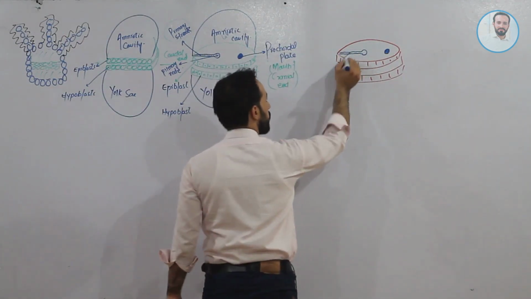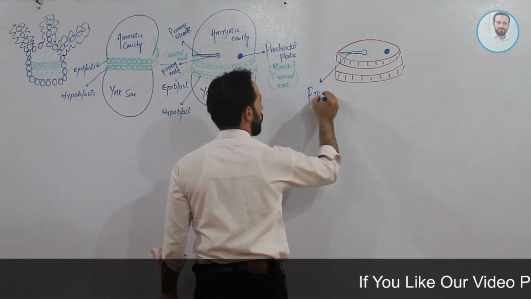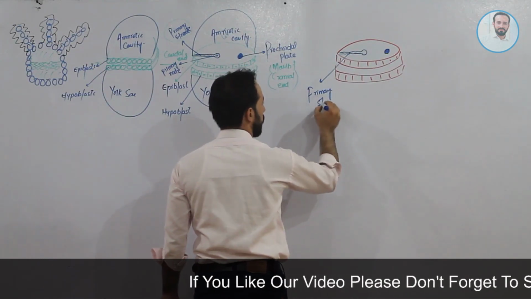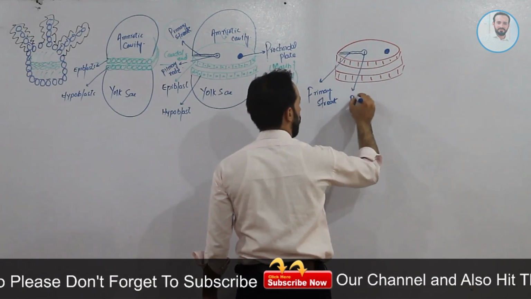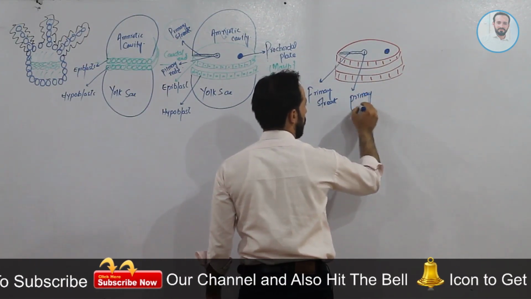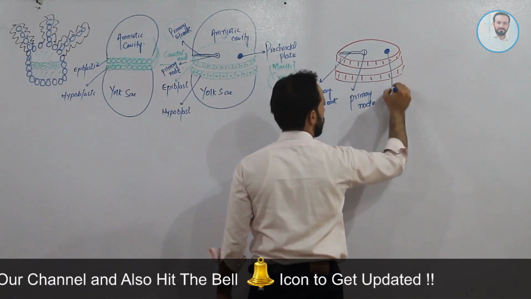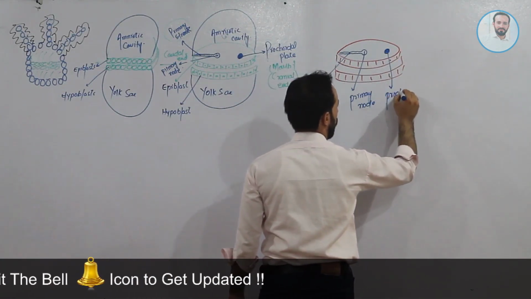Clear, friends? So this is our primary streak. This is our primary node, and this is our procaudal